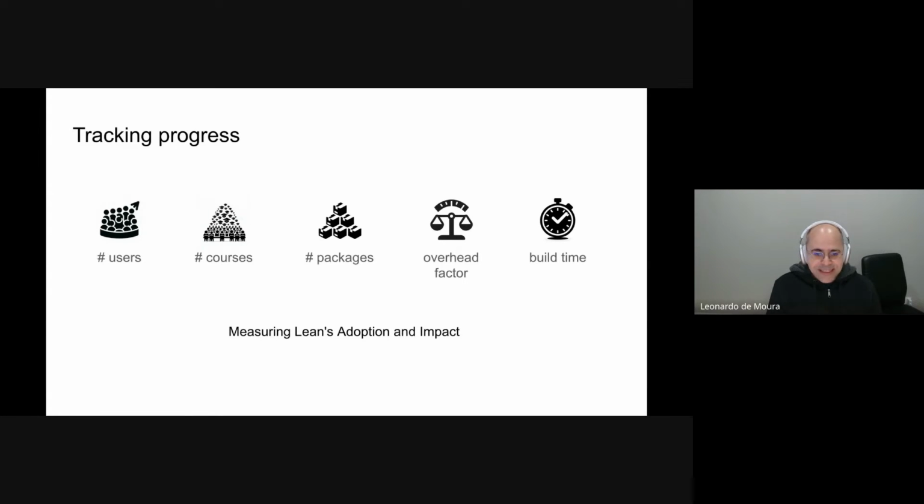This one is the one that we don't even have a scientific way to measure. So it's basic, we're using feedback. For example, Turnstile, when he finished his first project with Lean, he said, "Whoa, it took 20 times longer to write the Lean project than writing the LaTeX file." Right. The overhead factor is usually measured comparing the size of the informal mathematics with the formal one.